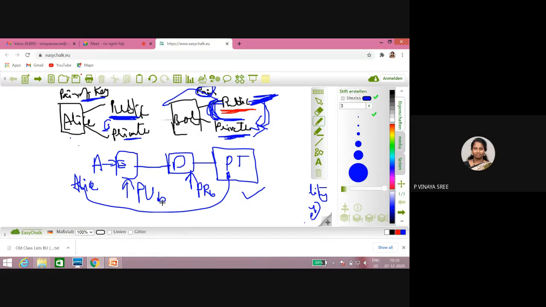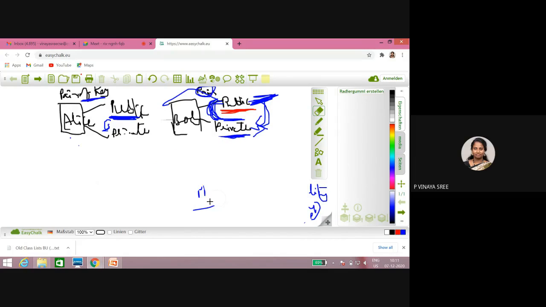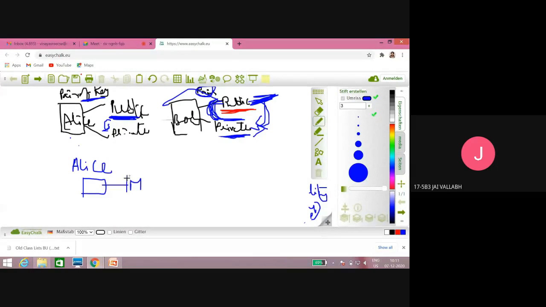In order to prove that this message is coming from Alice and not from anyone else, we have to encrypt the message. How can a receiver know that it is coming from the exact sender? With which key do I have to encrypt? I am requesting any one of the students to answer. I want authentication, not confidentiality. So for that, what does Alice have to do? Encrypt this message. The public key of Alice should be used?